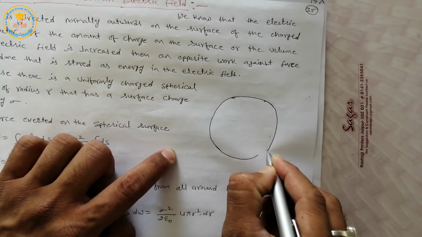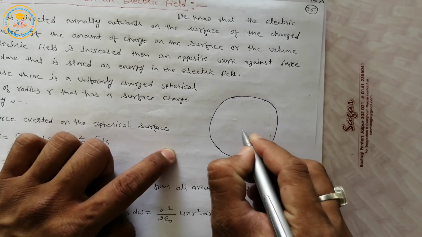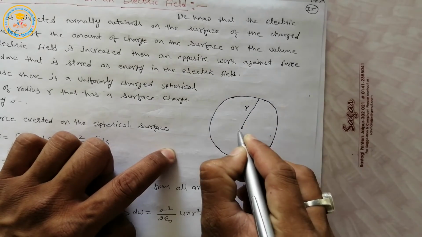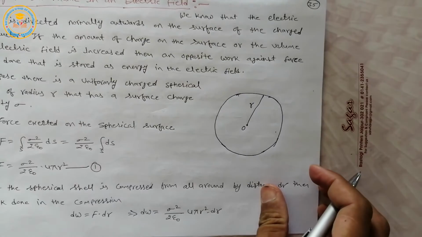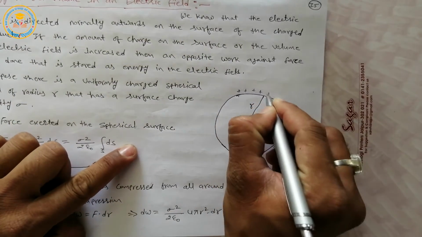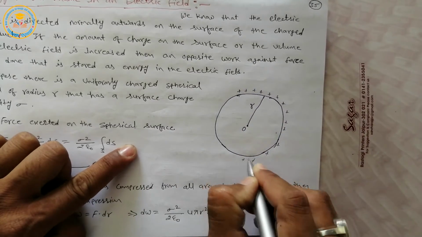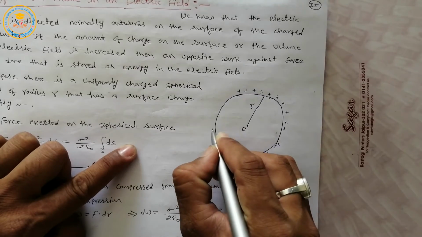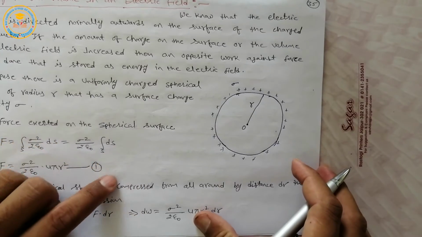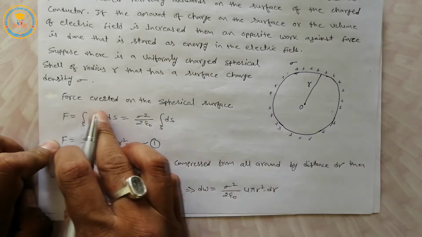This is a uniformly charged spherical shell, whose radius is small r. This is the center of the spherical shell, uniformly charged with plus q charge. Then the surface charge density of this conductor or spherical shell is sigma. Okay. Then by the last expression, we know that the force exerted on the